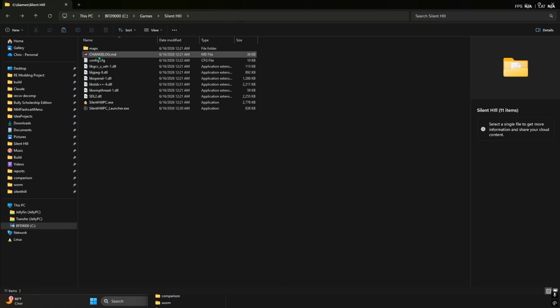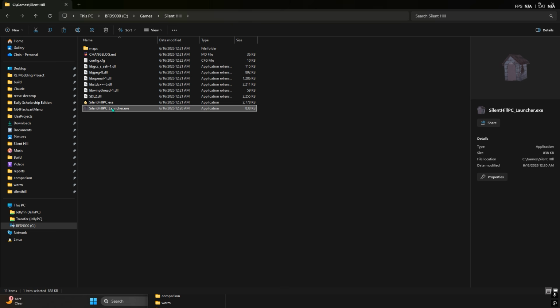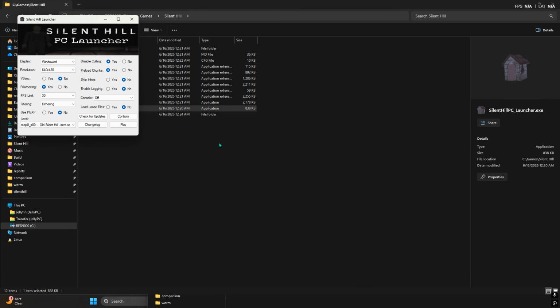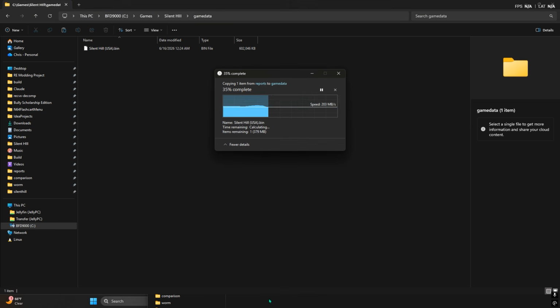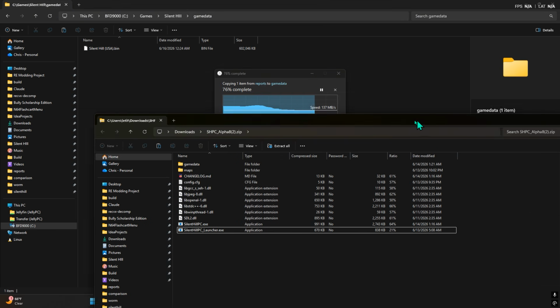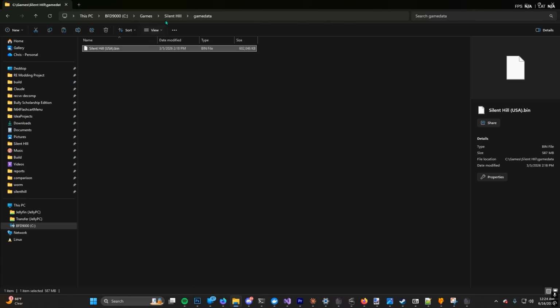Of course, there's not a game data folder yet, but if I open the launcher, it'll tell me to put it in the game data folder, and it'll create that for me. Then I just paste it in there, and then go back,